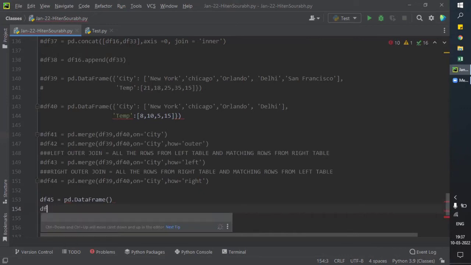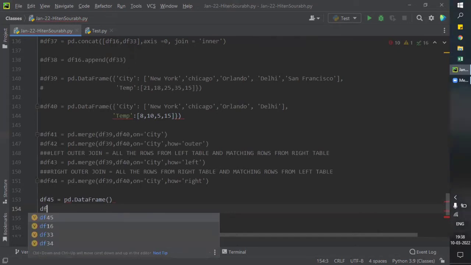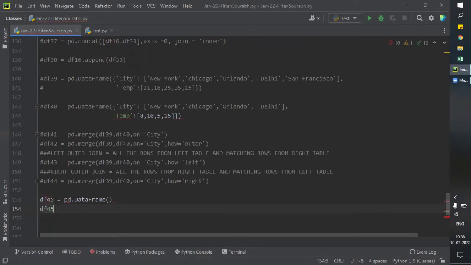So we can have df. If I want to add something in a blank data frame, how can I do that? I will just write the name of that data frame, then square brackets, and then I will give a name, the name of the column which I want to create. In the data frame, data is stored in columns and rows, same as we store data in Excel. So the column header will be my date. We are working with dates, so this will be my date column, then equals pd.date